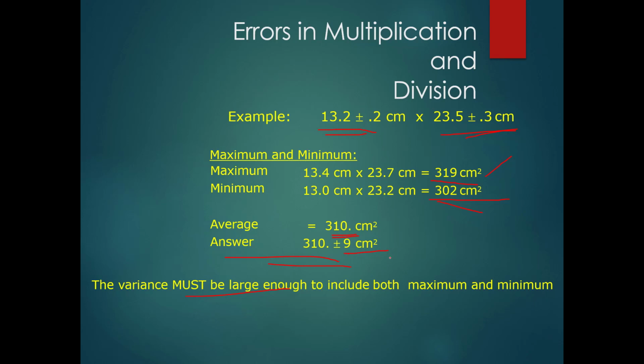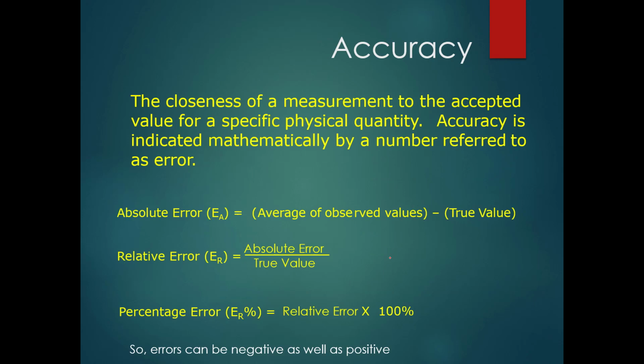Okay. Next, accuracy. How do we define accuracy? The closeness of measurement to the accepted value for a specific physical quantity. Closeness means closeness between the true value and the measured value. Now accuracy is represented by errors, and there is a mathematical representation of error. One is absolute error, which is the difference between the average of observed values minus the true value. If the average of observed values is denoted by xm,